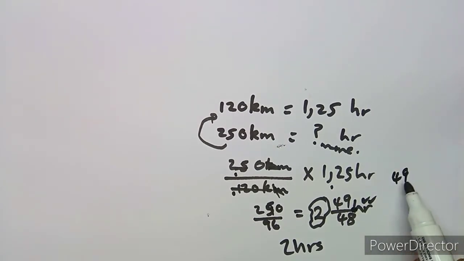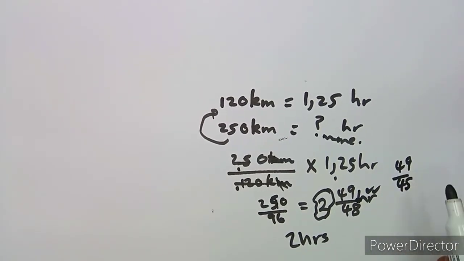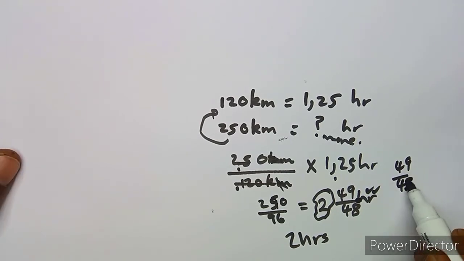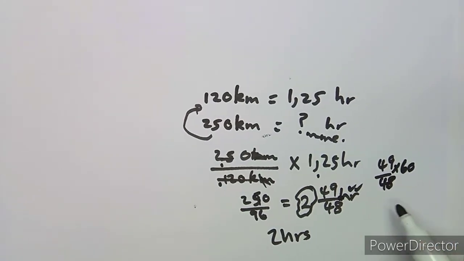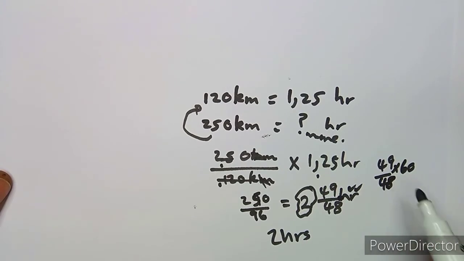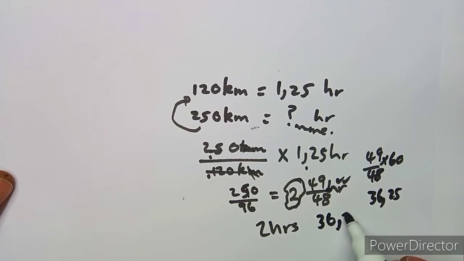So it's going to be 49 over 48 times 60. And this is going to give us minutes, which is 36.25 minutes. Remember we have to give our answer in hours and minutes. So you can actually do this proportion, or since